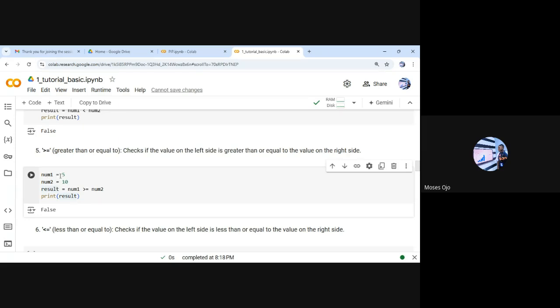So we are still making use of the same variables, number one, number two. So now the code we